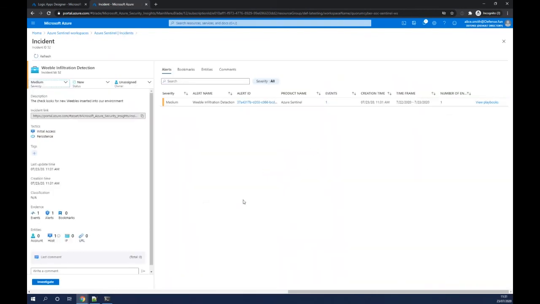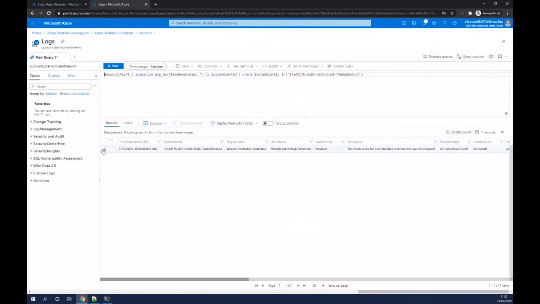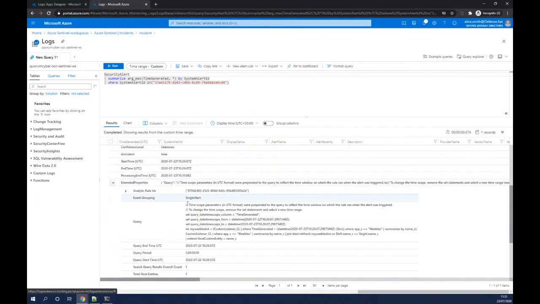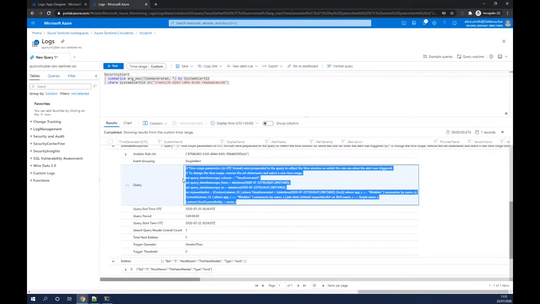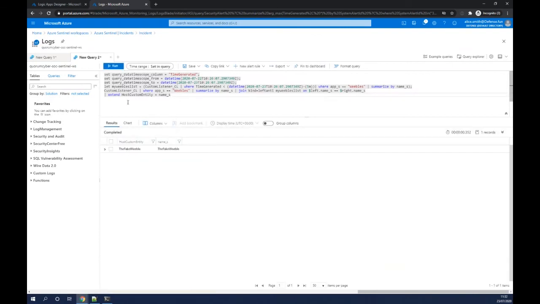Let's view the details. So we have had a Weeble infiltrate us, and the fake Weeble has appeared in our environment. And we can, again, go and do the alert ID, go in and actually run it, and then say, hey, there's that. There's the entities detailed in here. We can go and get the actual query that was run at the time. Do a little thing in there, exactly the same way Matt was doing earlier on with AWS. And we can pull out extra information. Ultimately, it's a very simple query to make sure that we are literally just looking for stuff that's appeared that